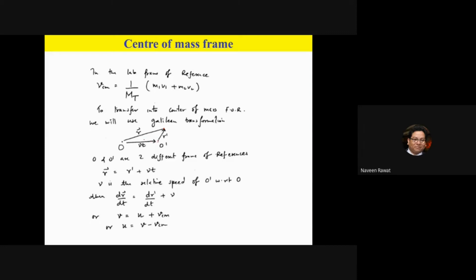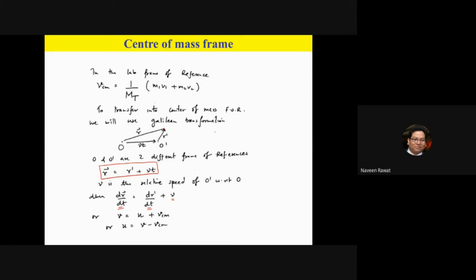Now how is the measurement from one frame of reference related to the other? You can just use vector mathematics. R will be vt plus r prime. That is your equation that relates one frame of reference to the other. And to get the velocities of the object, all you have to do is take the derivative. If you take the derivative, you get dr by dt on one side. The second term will become dr prime by dt. And this v is what is left, which is the velocity with which one frame of reference is moving relative to the other. This is a tricky thing to digest in the beginning.